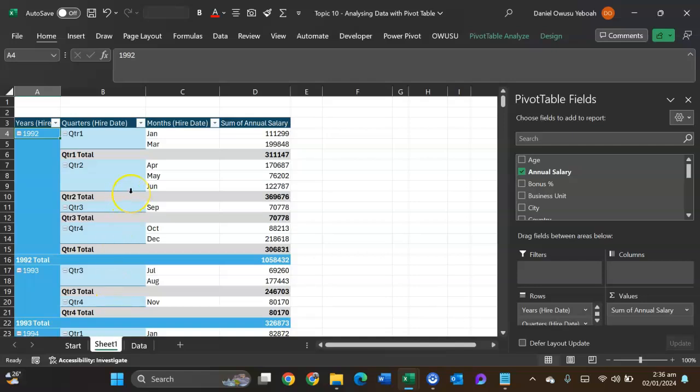So we looked at how pivot tables help you group dates into years, into quarters, into months, and then it breaks down a value, in this case annual salary, into those groups. One exciting thing about pivot tables is as you can summarize data into simple reports, you can still get a breakdown of what the values in your reports stand for. For example, here we have